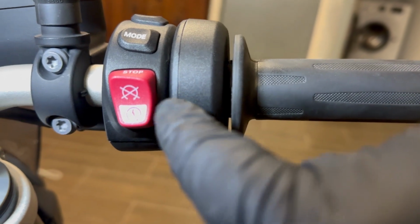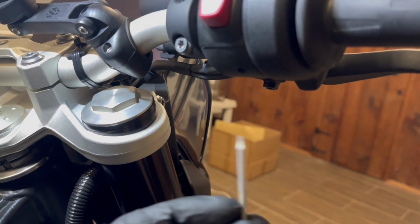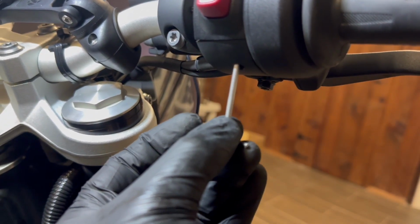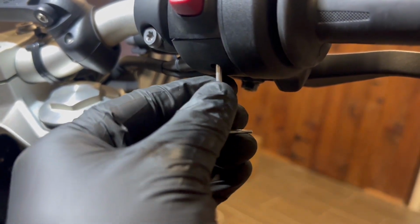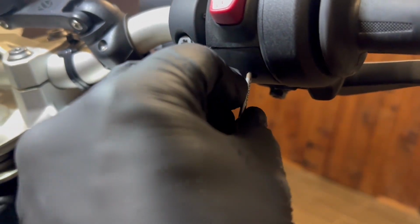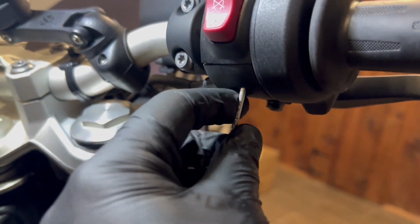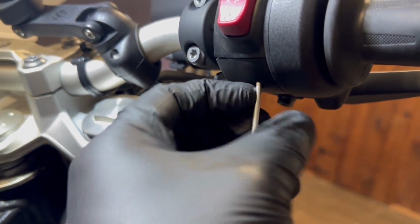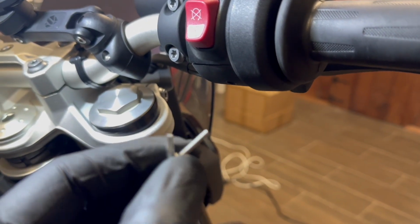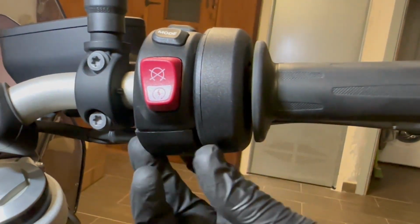I will show you in a second. So take out the screw that I mentioned using this small T8 Torx, insert it in the hole. As you can see, it goes quite deep. Engage the screw and slowly unscrew it. And this is the screw. Okay, once that screw is removed,